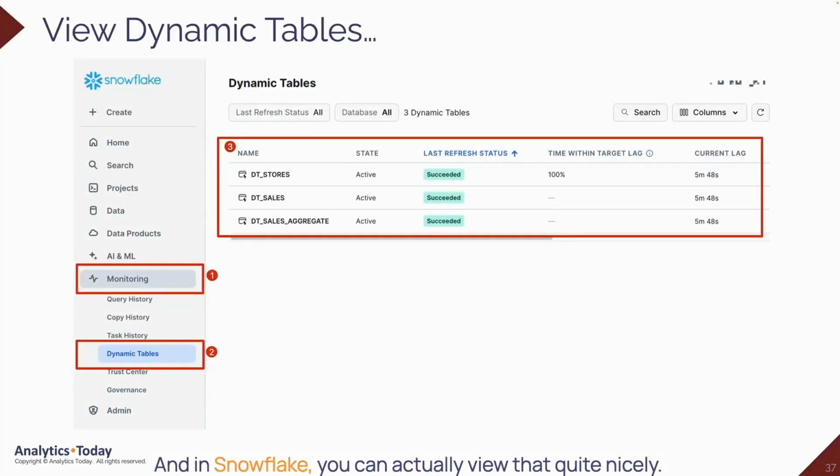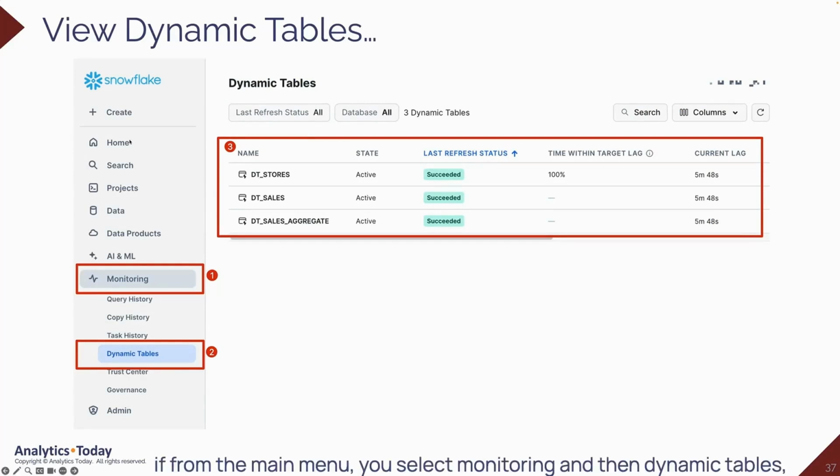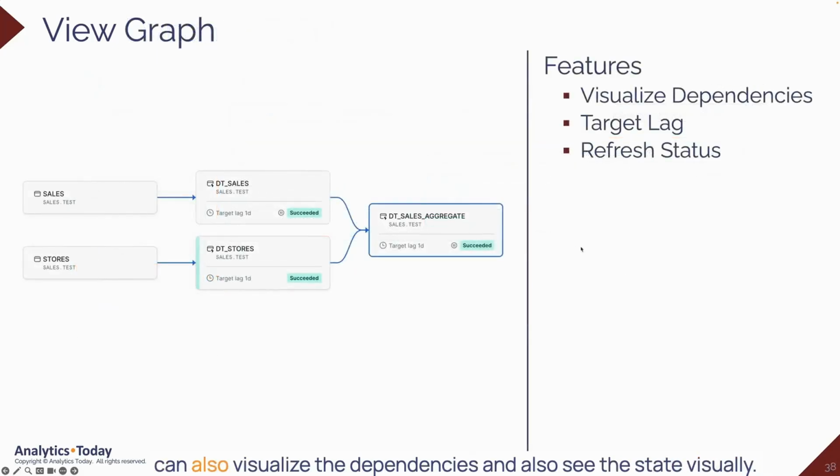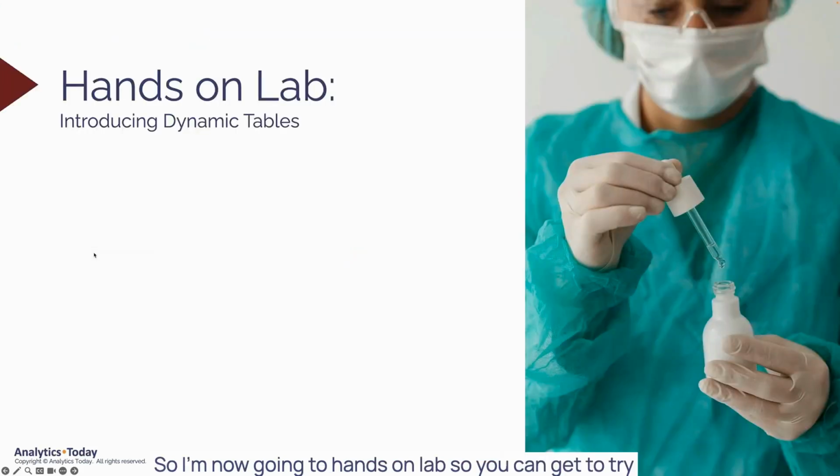And in Snowflake, you can actually view that quite nicely. If from the main menu, you select monitoring and then dynamic tables, you can see all the dynamic tables you have in the current schema, the state, and the current lag, when they were last refreshed. You can also visualize the dependencies and also see the state visually, so you can see that what you have is a sales aggregate based upon sales and stores, and these are all dynamic tables that are reading from these two source tables. So I've now got a hands-on lab so you can get to try out dynamic tables, and